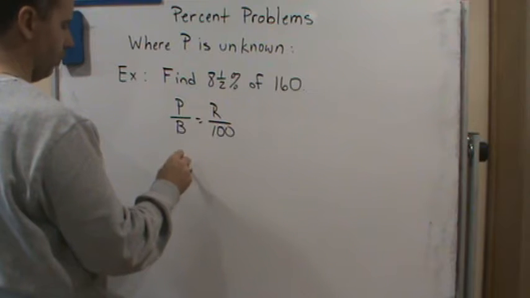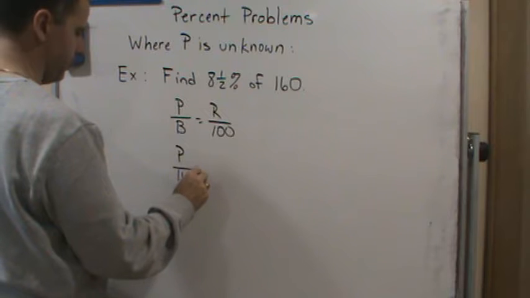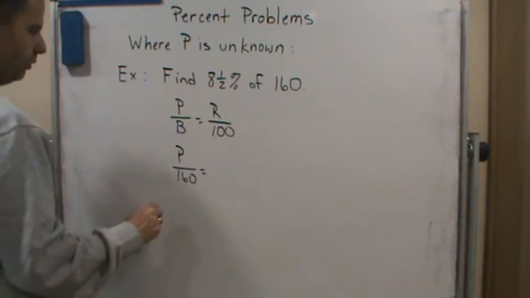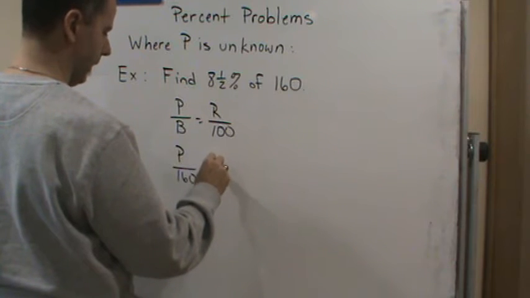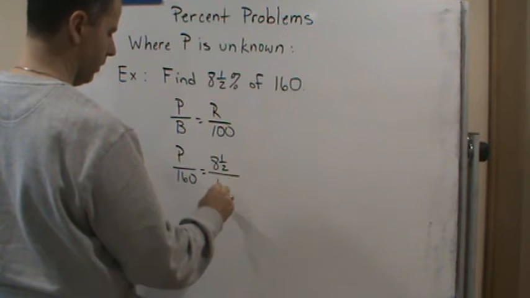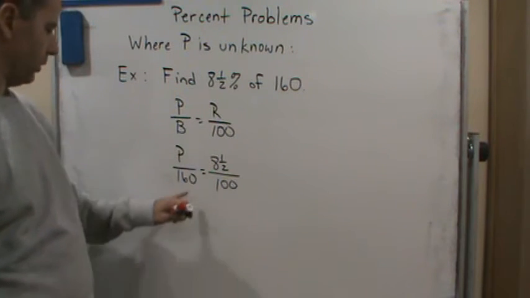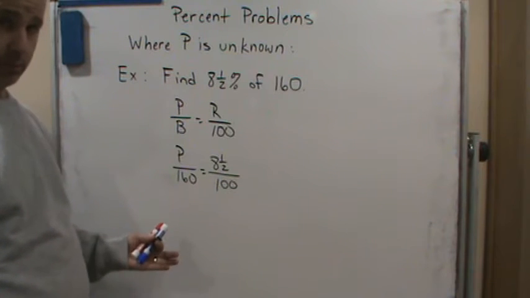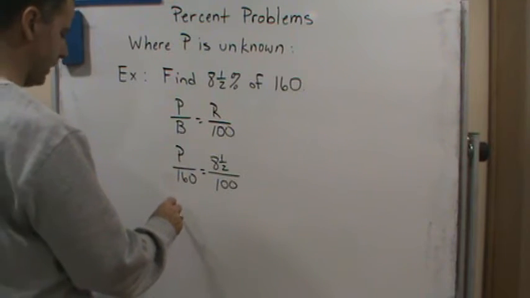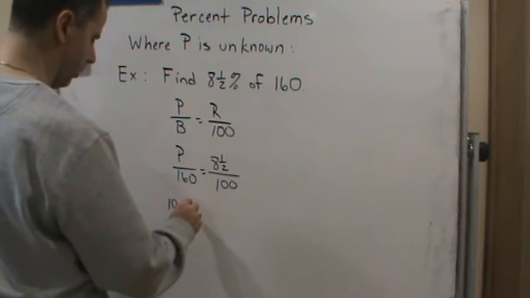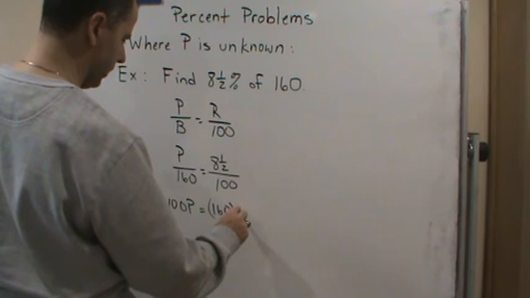Okay, so we're looking for P. The base is 160, and that equals what? 8.5 over 100. And now what I'm going to do is, instead of multiplying both sides by 160 like I did before, let's cross multiply. Well, if I cross multiply, I get 100p equals 160 times